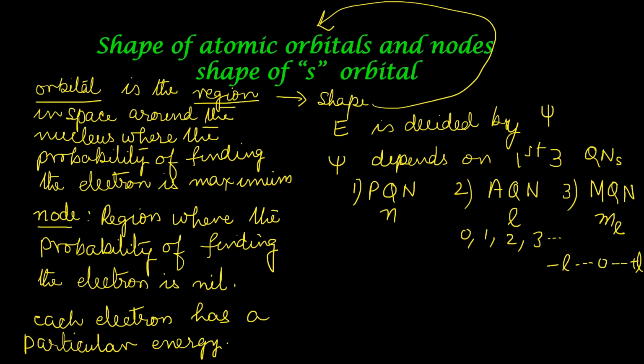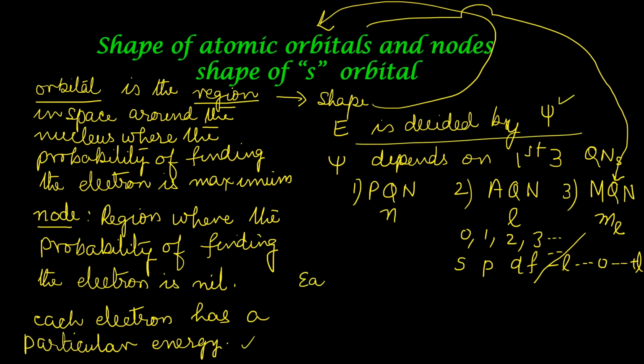The magnetic quantum number or the orientations for s subshell are called s orbital. Those for p are called p orbitals. Those for d are called d orbitals and so on. You should not confuse this with spdf, which are really subshells. We are talking about the magnetic quantum number for spdf and they are named after their letters. Since each electron has a particular energy, it has a specific wave function also.